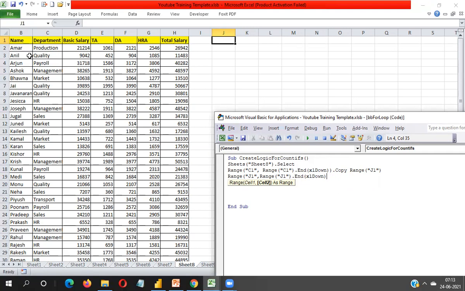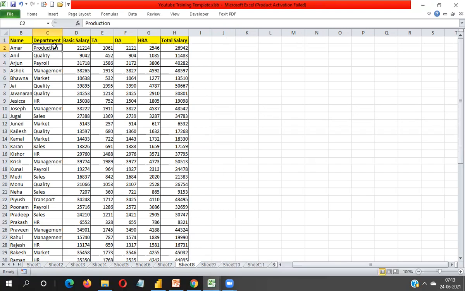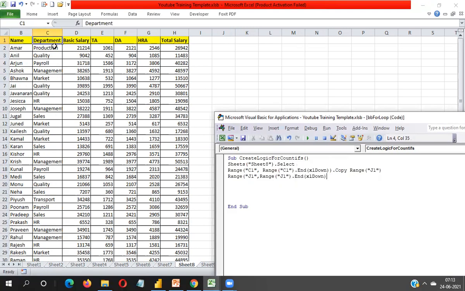Here we don't have any blank cell, that's why I'm using J1 End xlDown. Otherwise I would have to use another code if we had blank cells in column C. Then Remove Duplicates: for a single column I have to remove duplicates, so I'm taking any one option.